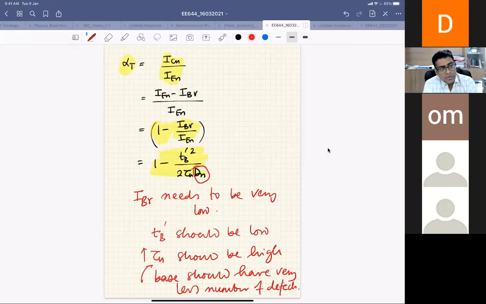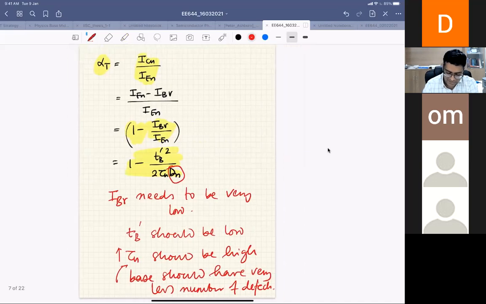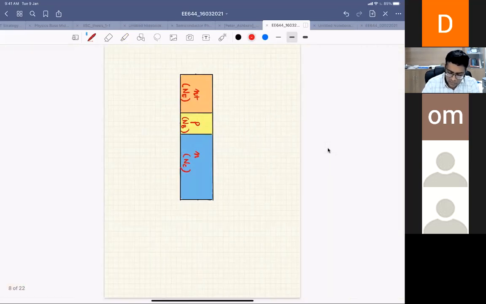Okay, so this is about the base transfer factor. We had already discussed this. This is just to remind you of whatever we had done before the mid-semester exam, right? Okay, so now